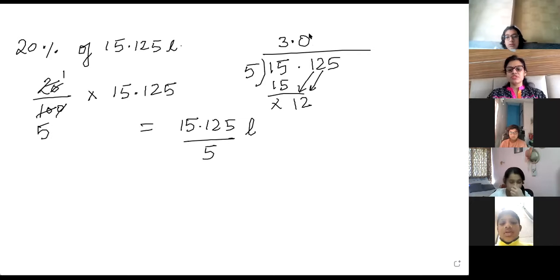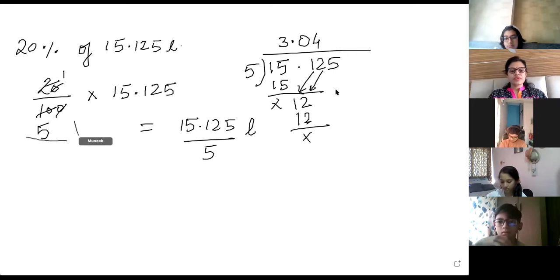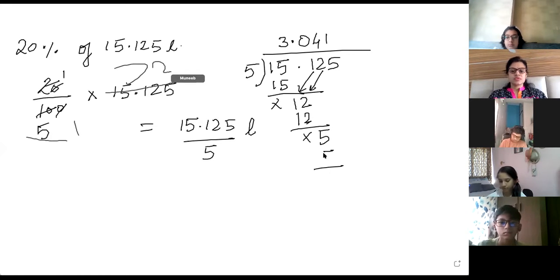Ma'am, why are they coming slanting, ma'am? Because I'm writing over here now. That is why it is coming slanting. Make it straight in your notebook. Okay? Understand what we are doing. So 3 4, I did like this, ma'am. I did like 5 ones are, and then 5 threes are, and then I went on, and 5 twos are 10, and then 5 fives are 25.